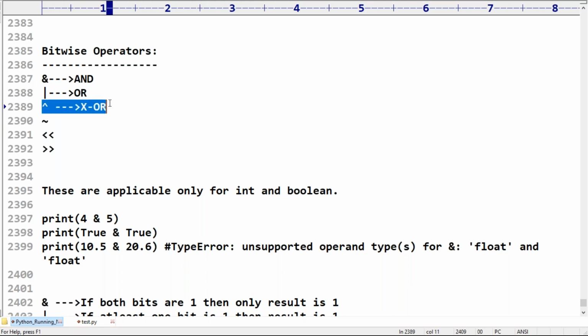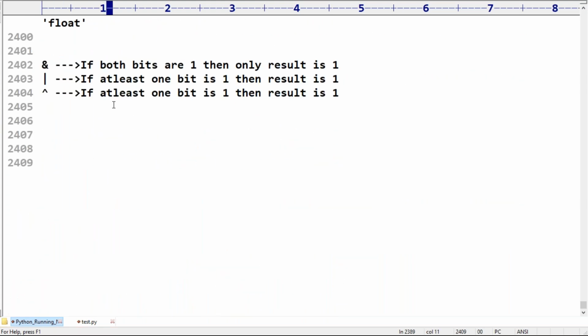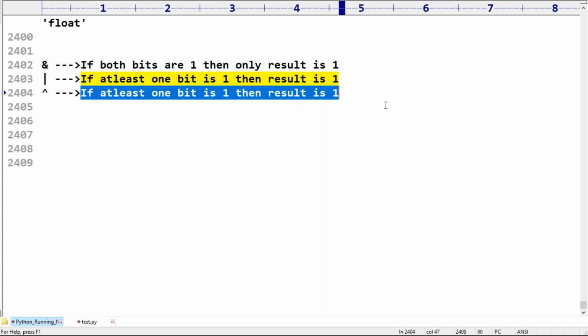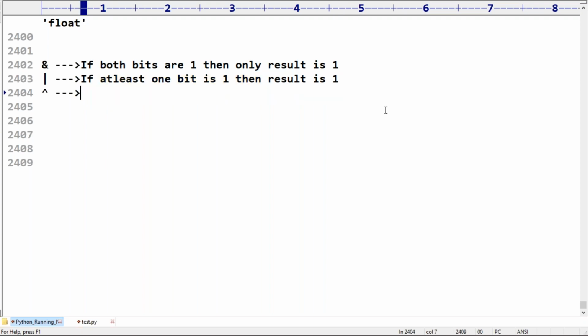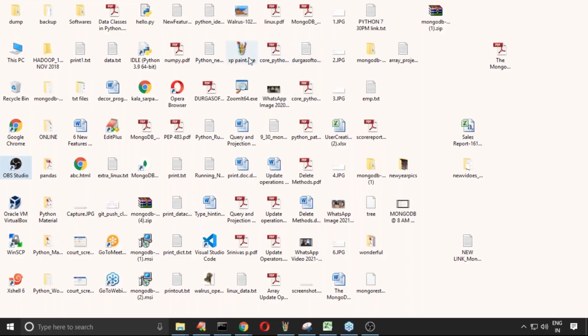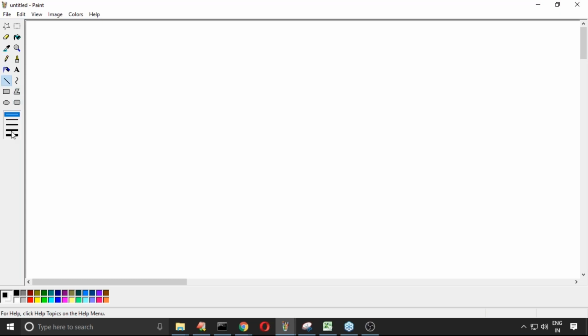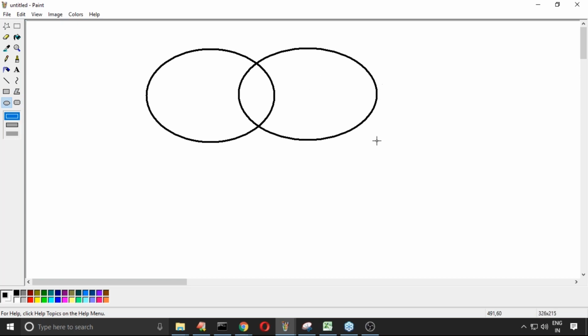So when should we go for XOR? Of course, what is the behavior of XOR? Exclusive OR. What it means is, at our childhood we may be aware of Venn diagrams. Have you remembered somewhere we may have heard about Venn diagrams? Suppose this is the first set and this is the second set. Can you please fill in what is XOR?